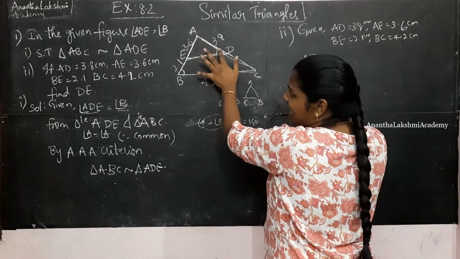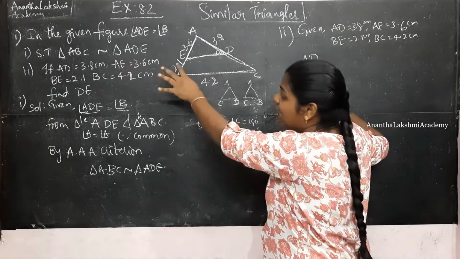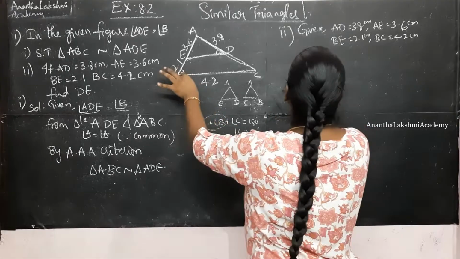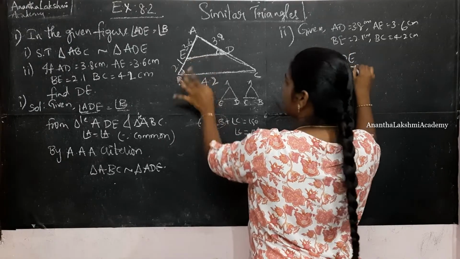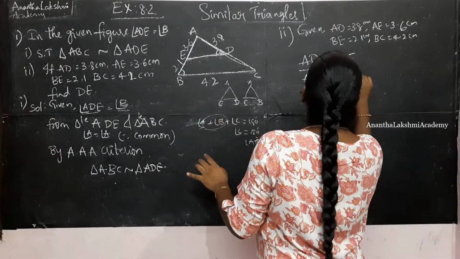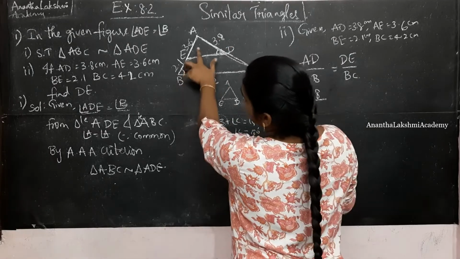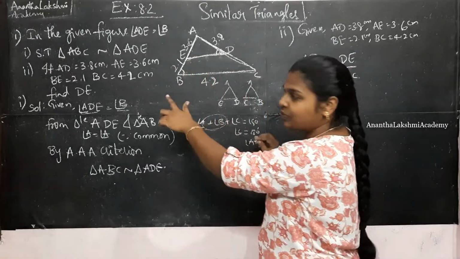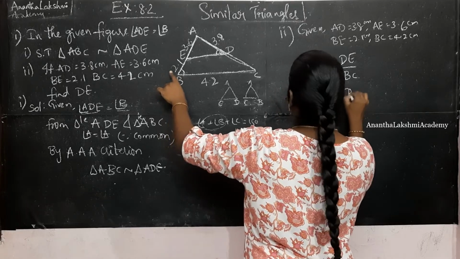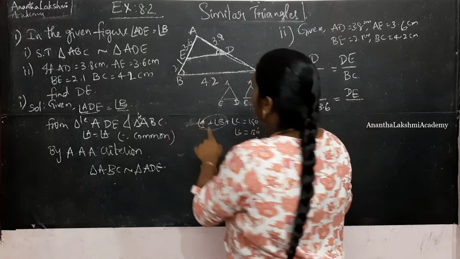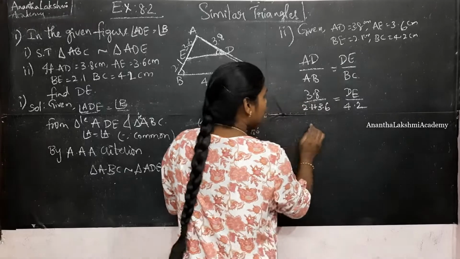When we have an angle enclosed here, I told you just before, we need to consider the other side which has this angle enclosed, which is nothing but AB. AB is equal to, what is the base? DE by BC. So let us solve for this. AD is nothing but 3.8. What is AB? AB is nothing but AE plus EB, which is 2.1 plus 3.6, equal to DE, which we have to figure out, by BC, which is 4.2. So let us solve for DE.